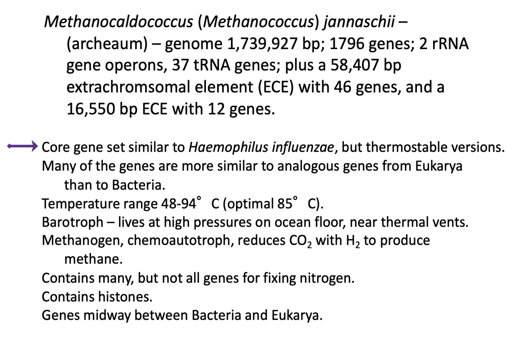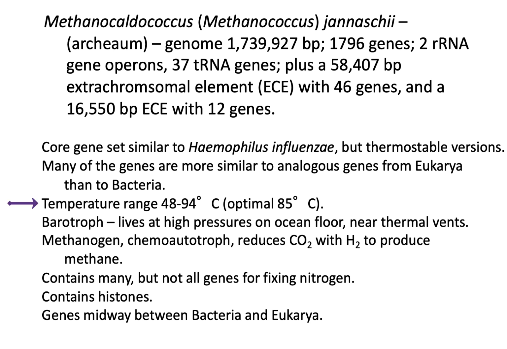and that's more the size of what you would think a plasmid might be. Its core genes are similar to those of Haemophilus influenzae, but it grows at a higher temperature, so they are thermostable versions, having a higher GC content in the genome and more cysteines to form disulfide bridges to hold the proteins together. Many of the genes are more similar to eukaryotes than bacteria, which sort of sets where they are evolutionarily. That is, they're closer to eukaryotes than bacteria, and that is because the Archaea are the ancestral group to the